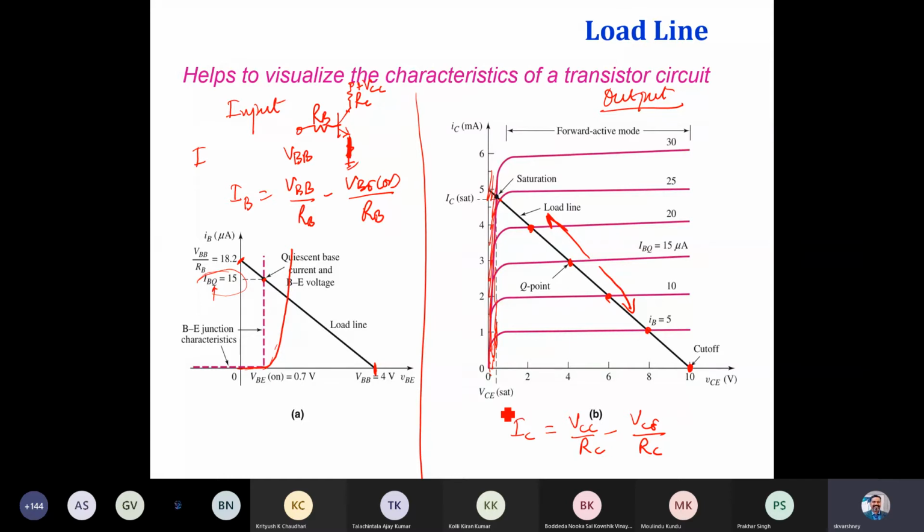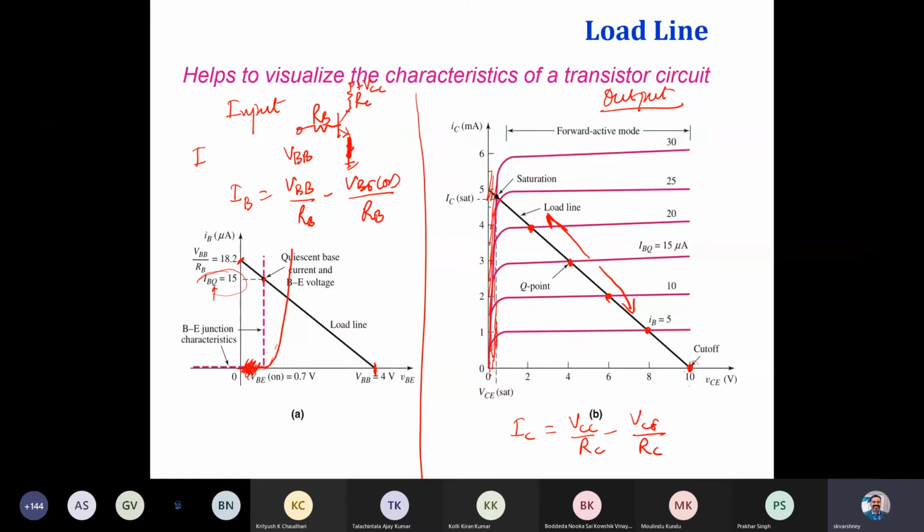But the voltage you apply to the terminal is much less than the VBE on, so the transistor won't be on. It won't be a turn-on condition. It will be somewhere onto this side. In that case, IB would be 0, and IB being 0 means IC would be 0. So the output will be restricted to the maximum voltage connected to the collector terminal, that's the supply VCC, right? So the Q point can be moved up and down.